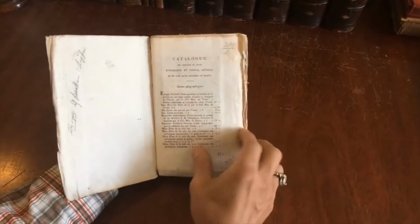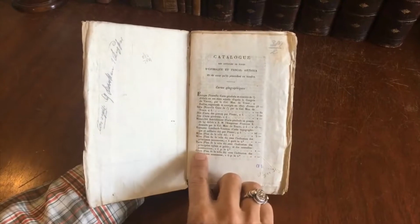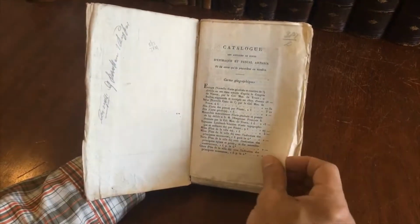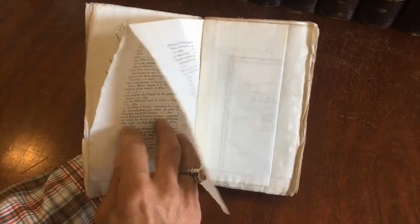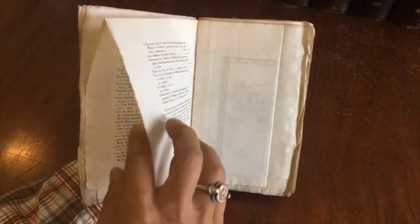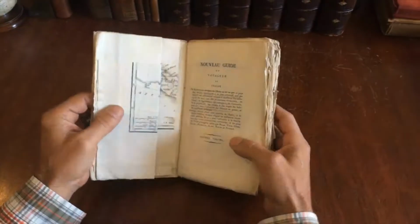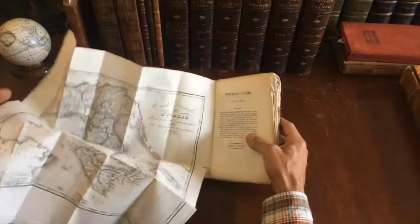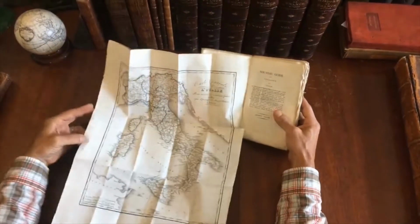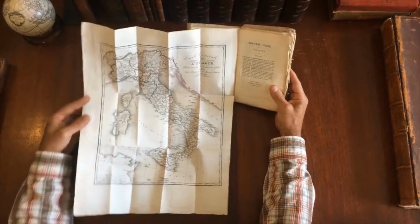At the beginning is this catalog from the publisher selling things such as maps, a plan of Genoa, and so on. And here's more. These are all things that were available for sale. Primarily it appears maps and view books. But when we begin here, this half title, there is this large engraved folding map published in Milan of Italy with original hand color on it,